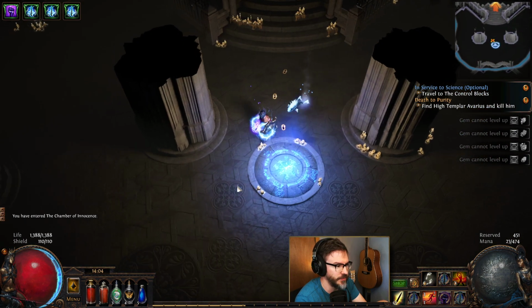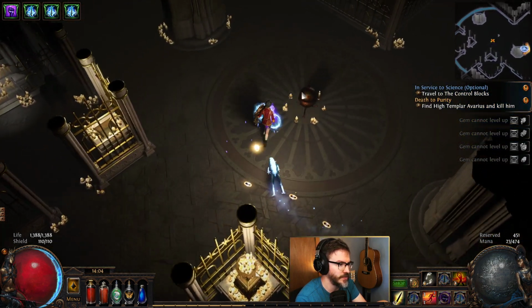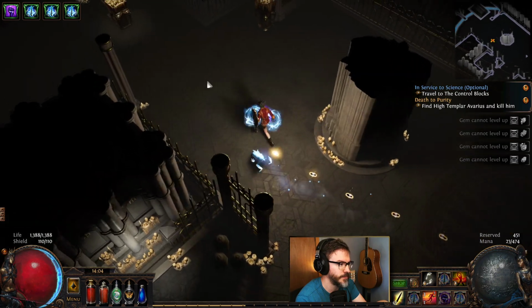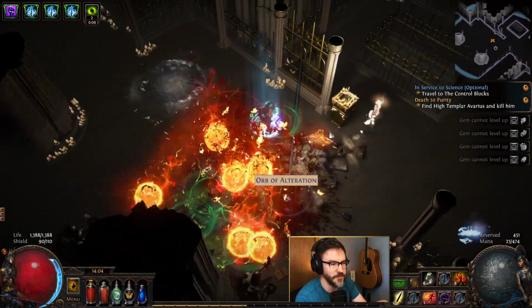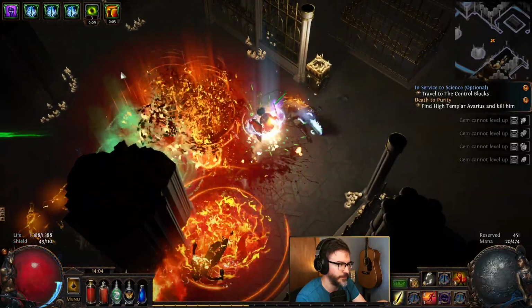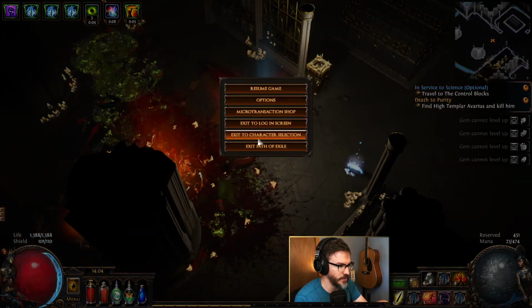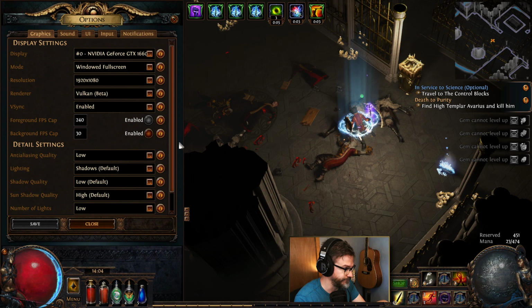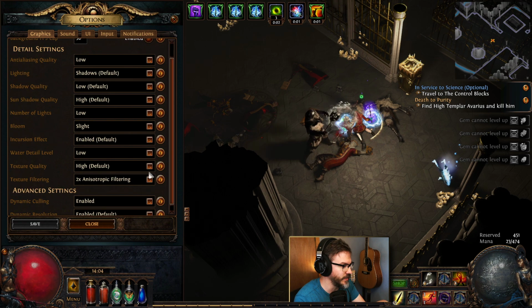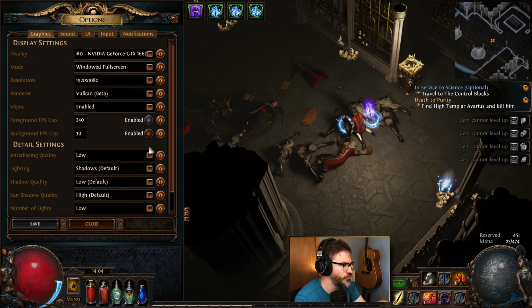Find High Templar of Various and kill him. Great. We will continue to do that. This looks really cool. They did such a good job with these environments, man. I need more mana. Let's see. Someone had mentioned that the sound was a little bit dark. And so maybe...